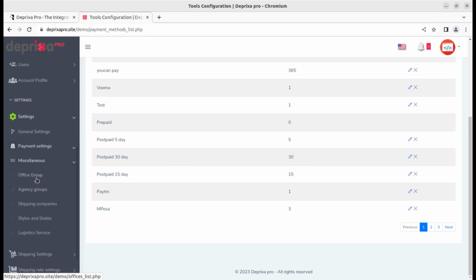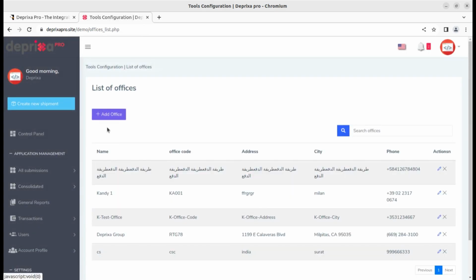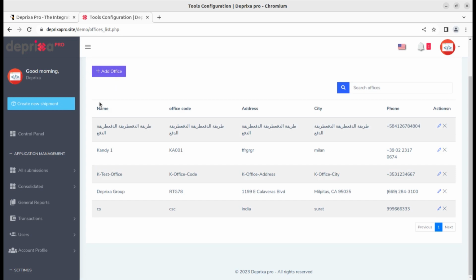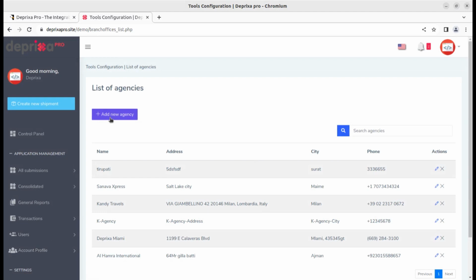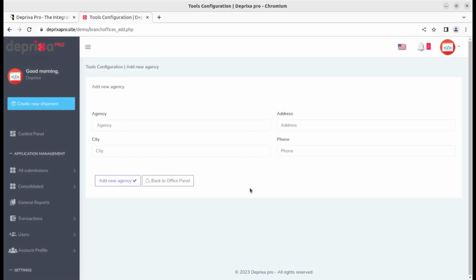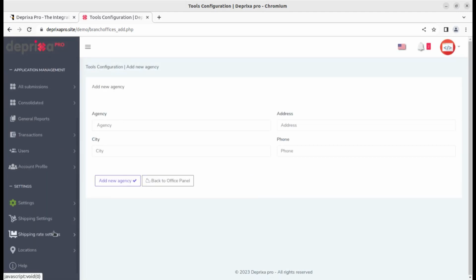Miscellaneous settings shows the office group. Like if you are willing to create office groups, you can add new offices for the transportation and all. You can add an office and an agency group, of course. So add a new agency, like this is the screen for adding the new agency. Further, you can go for